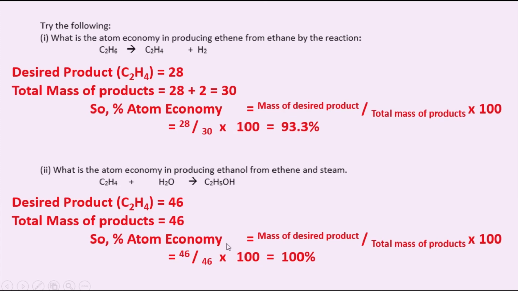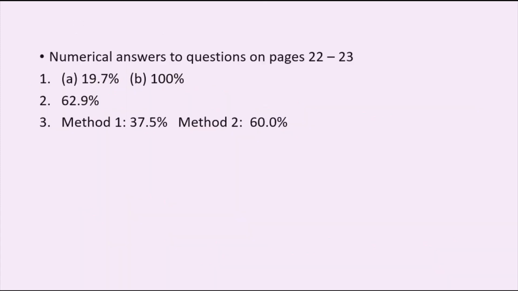Now, on page 25 are 3 more questions that give you a chance to practice those. And again, what I've done on the next slide is I've put the numerical answers up. So if you want to pause this and then try those questions on page 25, and then you can check them against the answers. So there's the answers to the questions on page 25. Apologies, typo at the top, not 23,